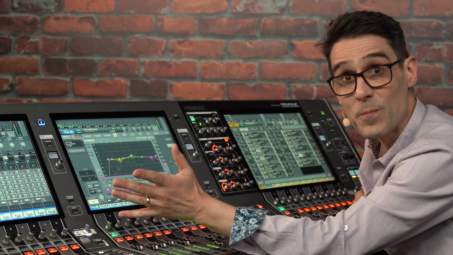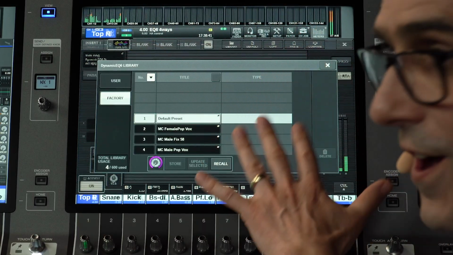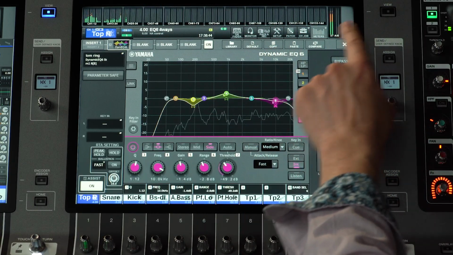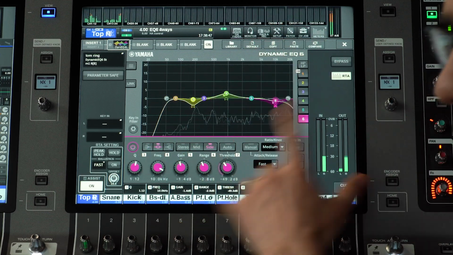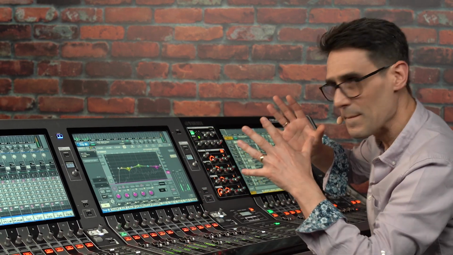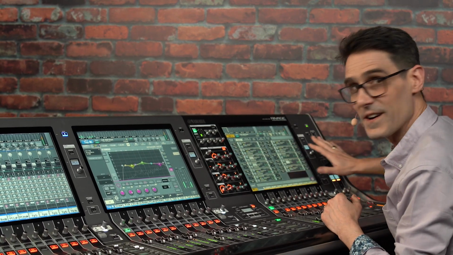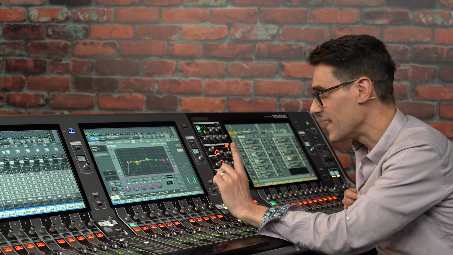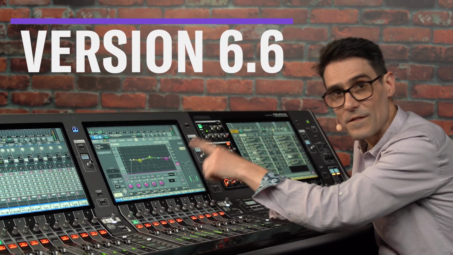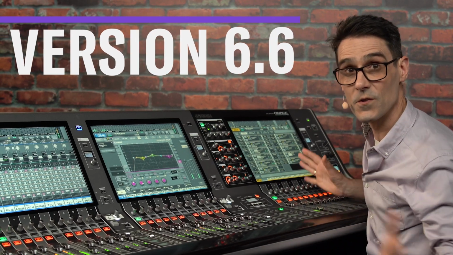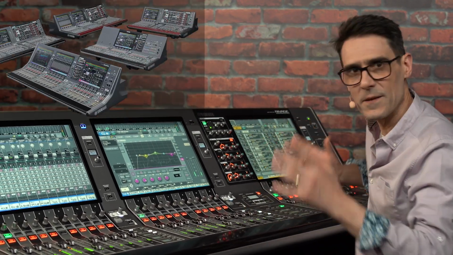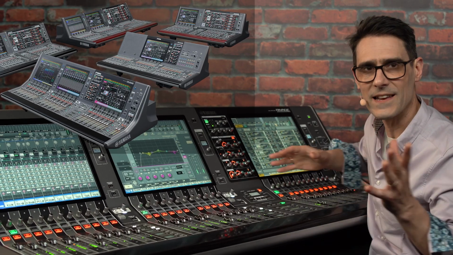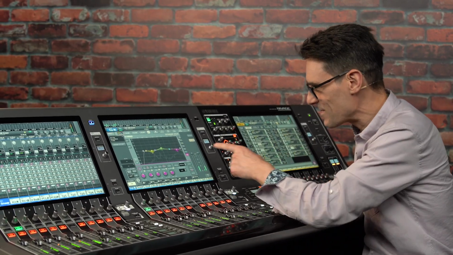On top of all those parameters, the RTA with the offset and ballistics, similar to the channel EQ, are visible, and the usual plugin facilities such as the library, copy, paste and compare are all there. Take the time to learn and listen to the Dynamic EQ6, and I'm sure you'll agree that it's our most versatile EQ yet, within the most comprehensive range of plugins available as standard in any digital mixing system. It comes with version 6.6 for Rivage PM series, free to use on all systems of PM10, PM7, PM5 and PM3. I hope you can experience it soon.